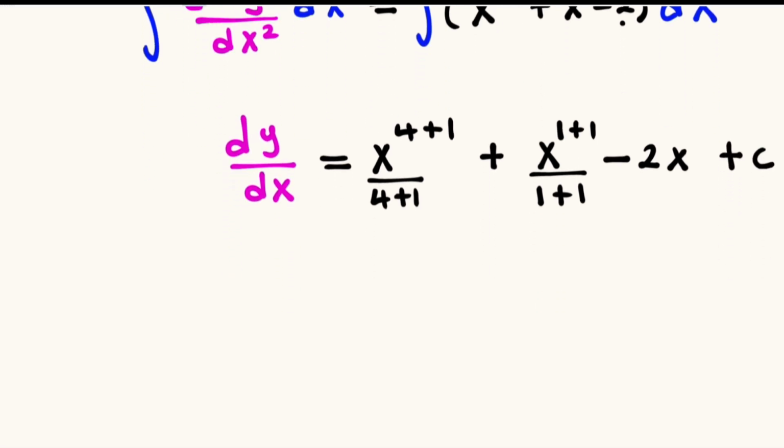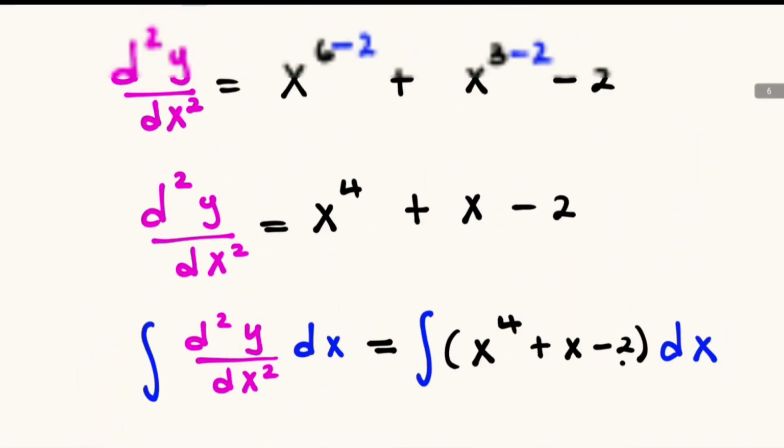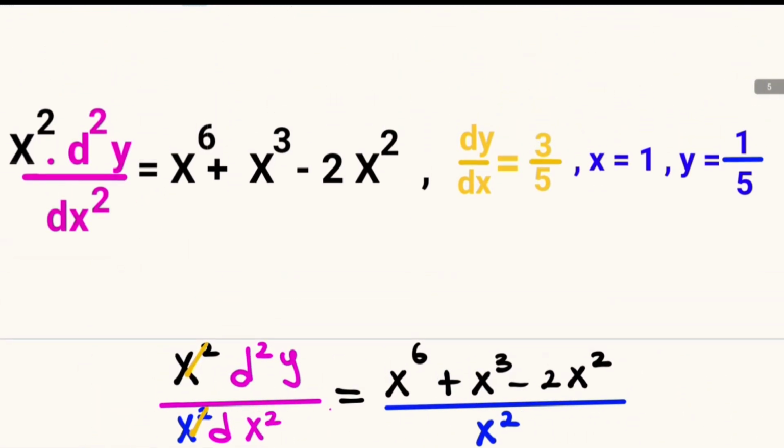From here we simplify. The first derivative of y with respect to x will be equal to x raised to the power 4 plus 1, which is equal to 5, divided by 5 plus x squared divided by 2 minus 2x plus c, but we have to determine the numerical value of c using the initial values that we were